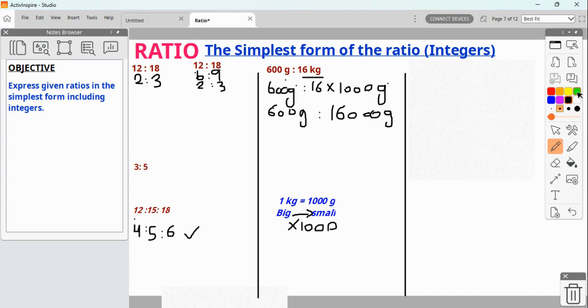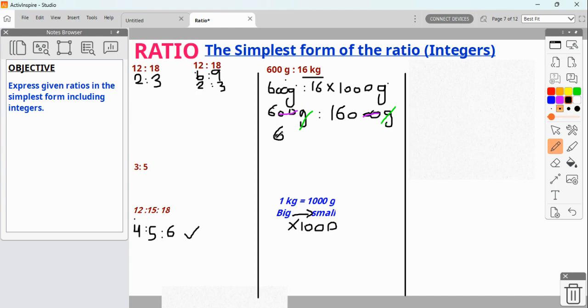We have converted kilogram into gram, and we can see here now the unit is the same. Here also gram, and this side also, left hand side and right hand side, both sides are gram. The same unit we can cancel, and we can even cancel two zeros with these two zeros, or you can understand it like we are dividing both sides by 100. So what to do next?